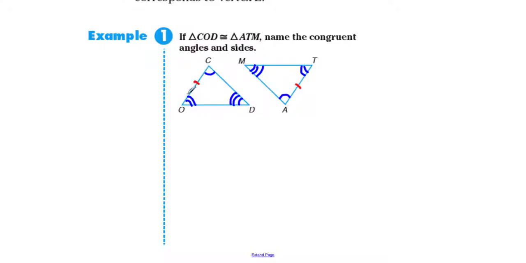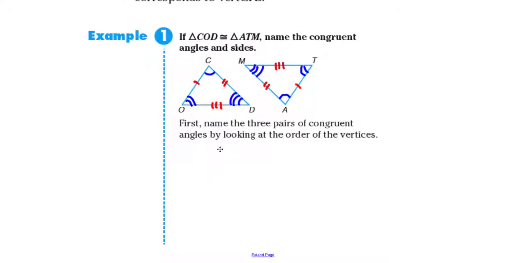So side OC is congruent to side TA, or side CO is congruent to side AT. Okay, another two more congruent sides. Side CD is congruent to side AM, and side MT is congruent to side DO. Okay, so those are your congruent sides, and let's see